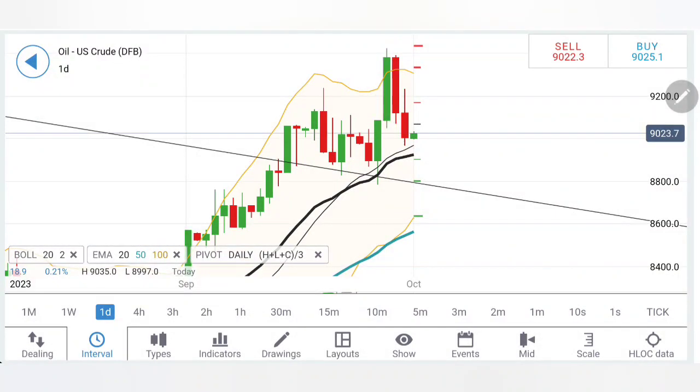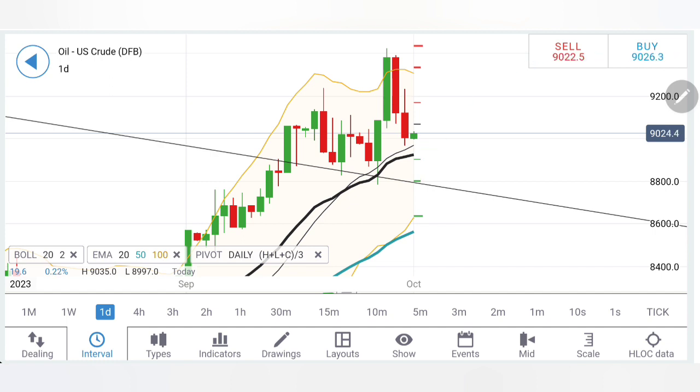Crude oil started the week on a flat note and so far it has stayed above $90 levels. Remember, 89.8 is the level where there is a little bearishness, and below 89.4 the bearishness should prevail. Now, what to expect from crude oil today? Can we expect it to rise again from today onwards, or is it again going to retrace further on the downside towards 88 and below levels?